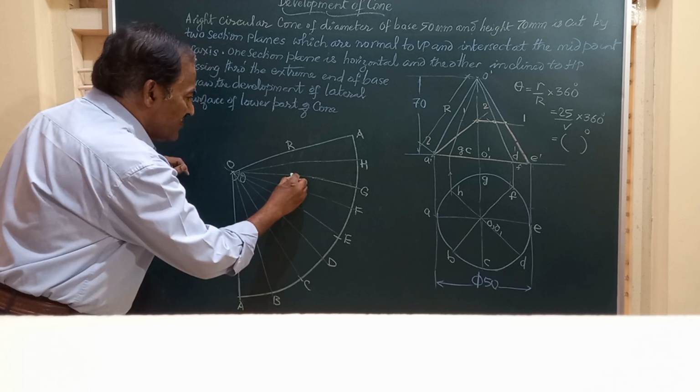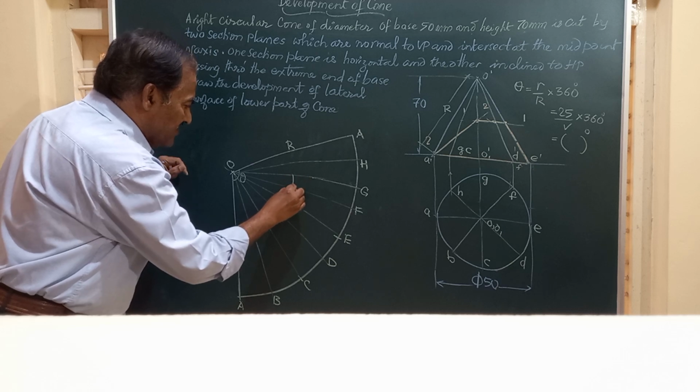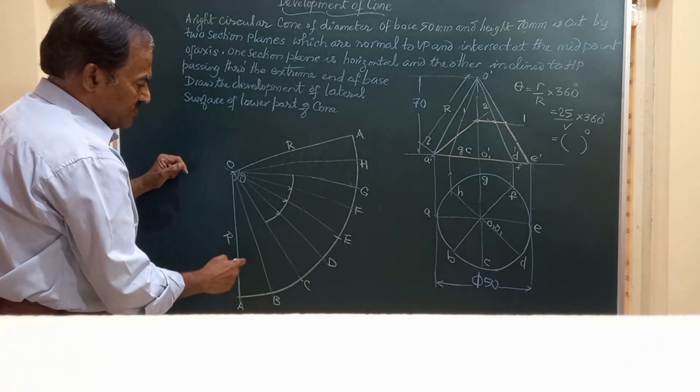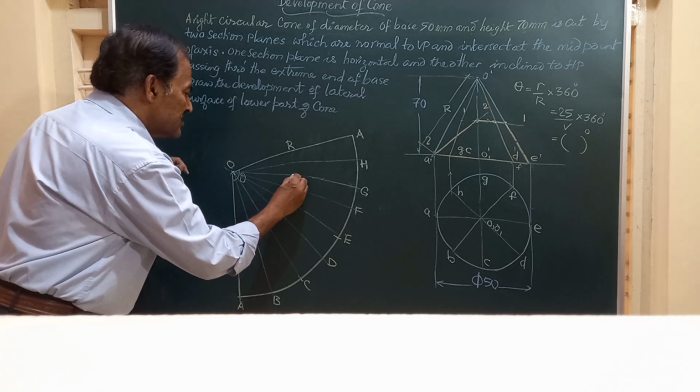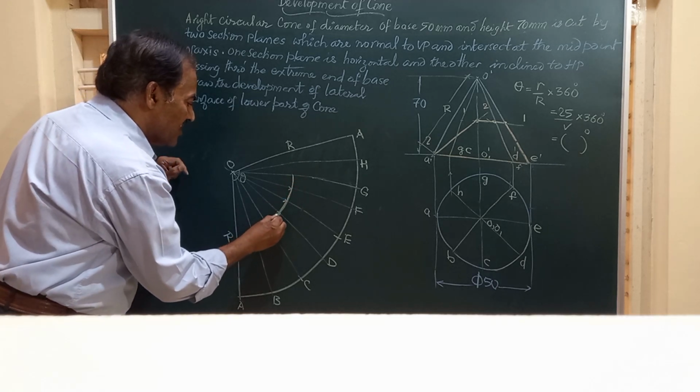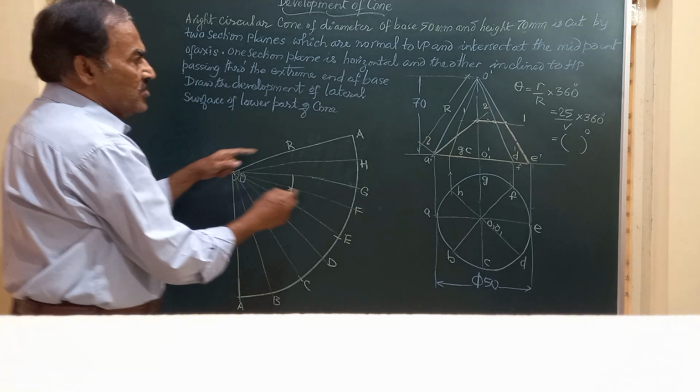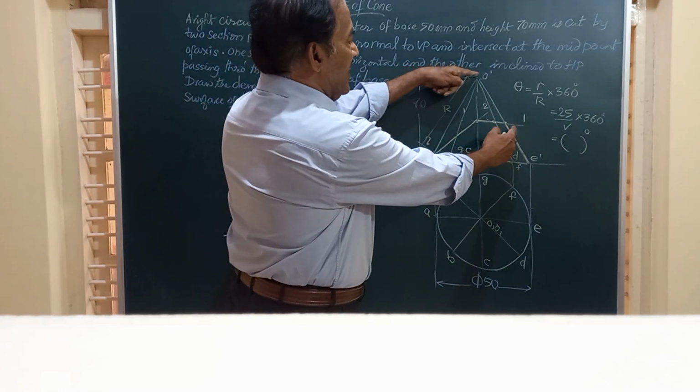So all this will fall on an arc of a circle. So that is this arc which we draw using center O and radius equal to this O dash and this